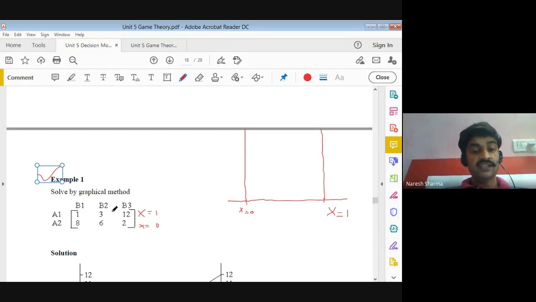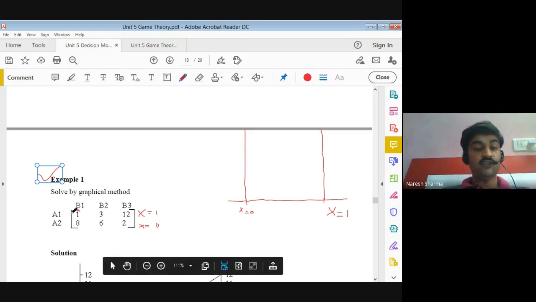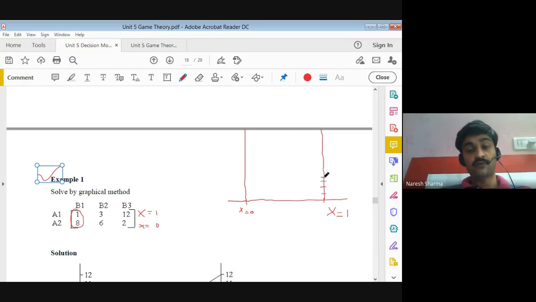So after that, you see here, these are the one coordinate, whose coordinates are 1 and 8. So this first row you can mark on the x equal to 1 line, and this second row you can mark on x equal to 2. So first is 1 and 8. So we may just mark here some points like 1, 2, 3, 4, 5, 6, 7, 8, 9, 10, 11, and 12, right? So you may write here 1, 2, 3 counting here.